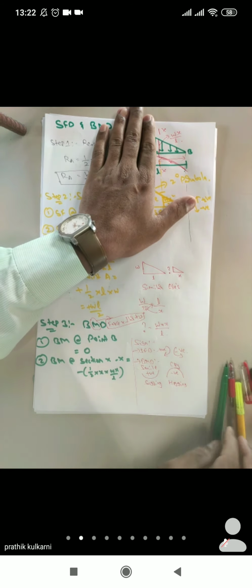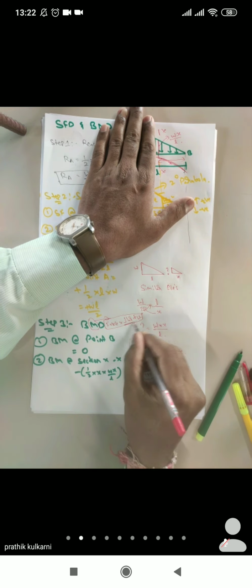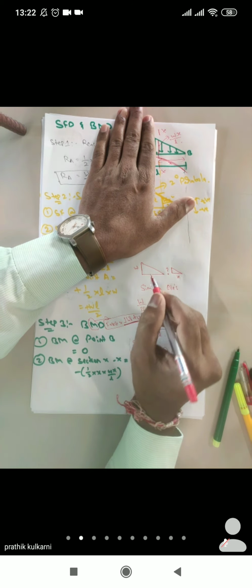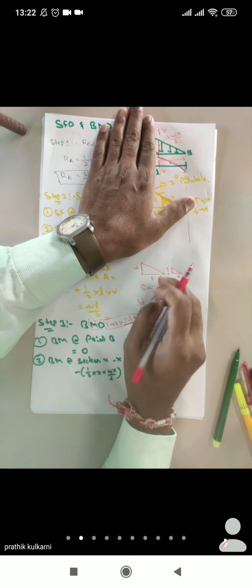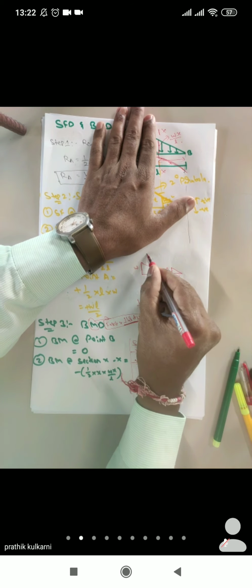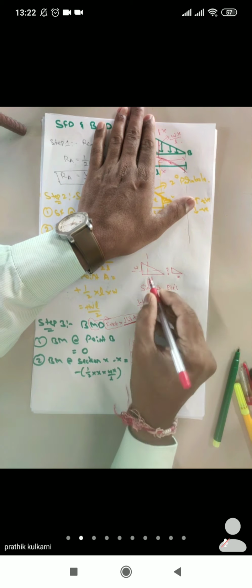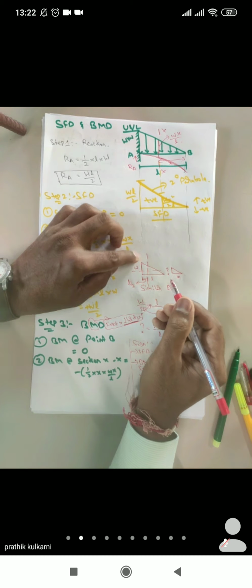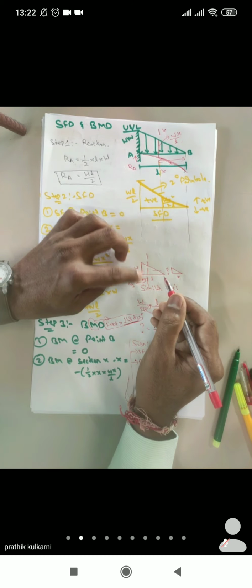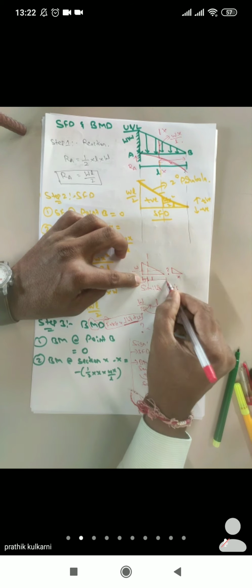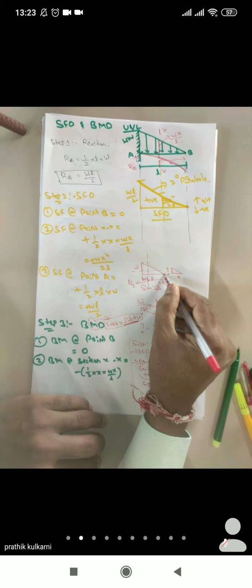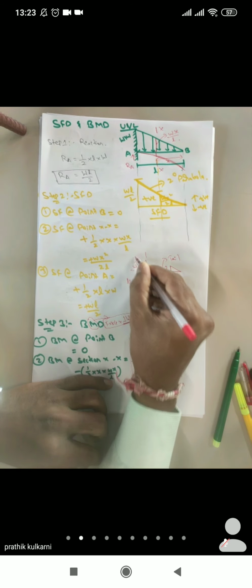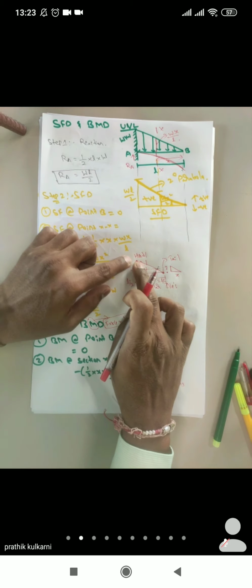Now the concept that comes is the perpendicular distance. If this is the triangle, where will the complete force of the triangle fall? The center of gravity, if you draw it here, will be at a distance of L by 3 from the head and 2L by 3 from the tail. I'll call this the tail and this the head.